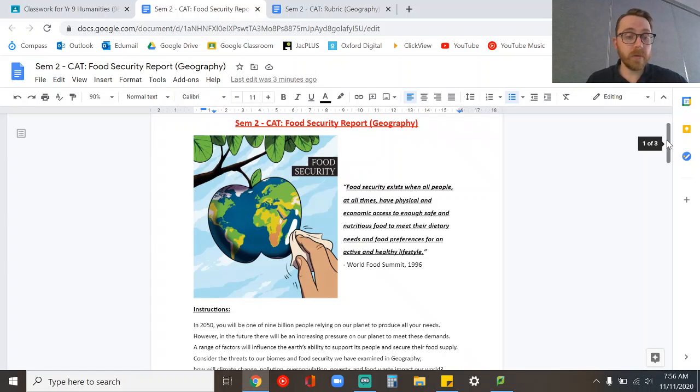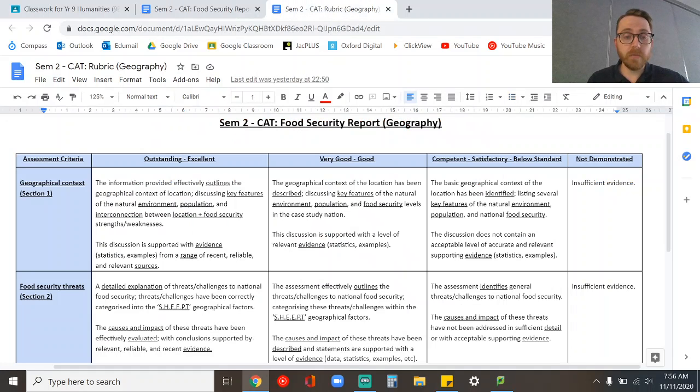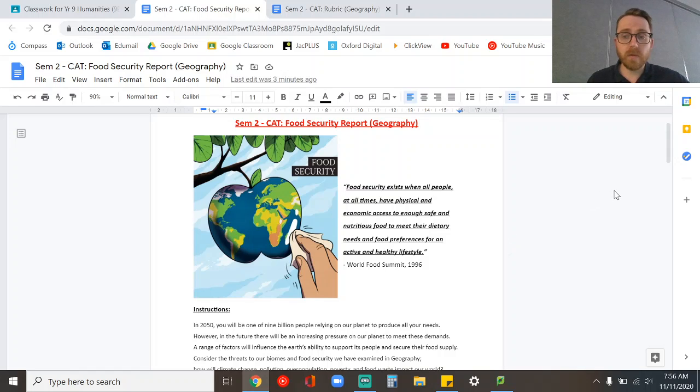I'll be going through the instructions, the assessment outline. I'll be going over very quickly the rubric as well, so what you're getting graded on. And of course, if you have any questions, the best thing you can do is to ask those questions. If you have questions or concerns about the content, about the rubric, about the deadline, the best thing you can do is to email your teacher ahead of schedule or to ask them in or out of class. Happy to help, but you need to let us know that you need help.